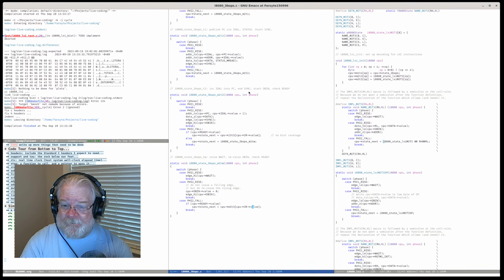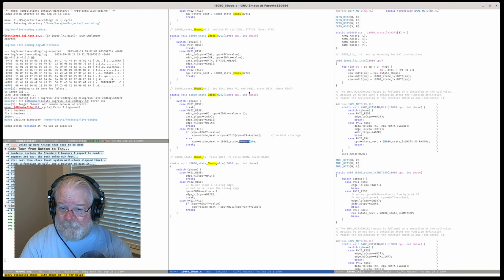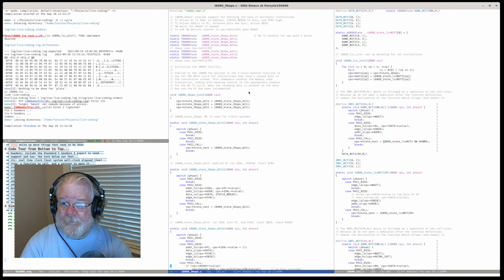And down here, we dive into M2T3. Now, all these guys that are for M2 need to be duplicated for M3. So I wasn't done with 3bops.